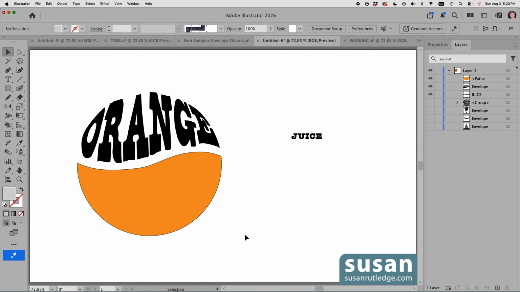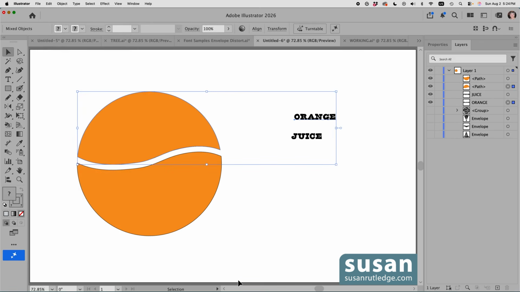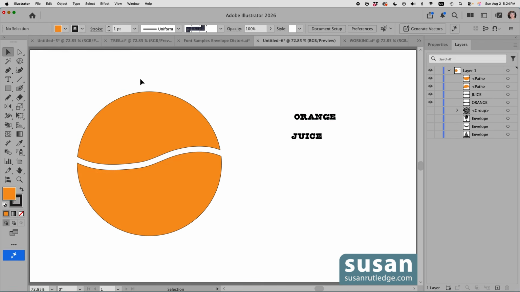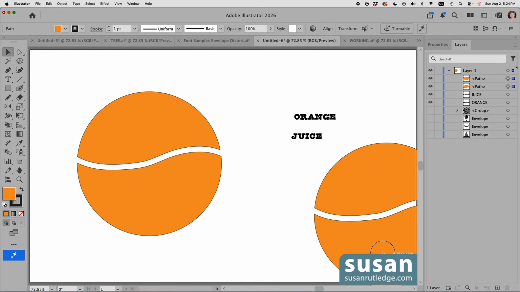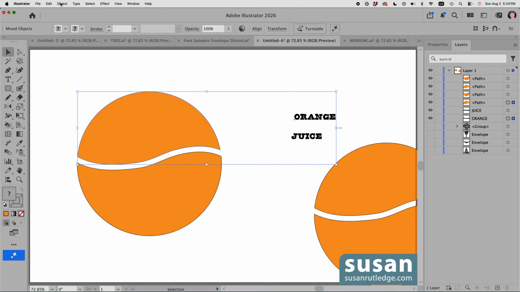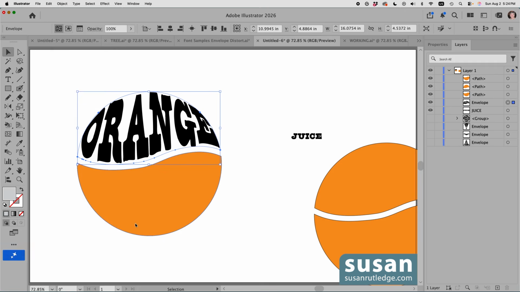Okay, now for principle number 4, save a copy of the background object. And you want to do that before you start your Envelope Distort. I'm going to undo my previous move. We'll go to Edit, Undo, Make Envelope, and I'm going to select both pieces, hold down the Option key, and I'm going to drag a copy over to the side and save it, because as you noticed when we created the first piece here, and we'll just go ahead and do this again, Object, Envelope Distort, Make with Top Object,